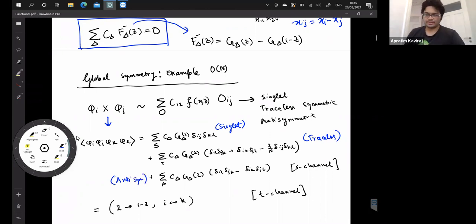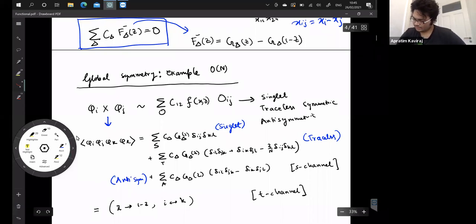So this is how it breaks down the 4-point function of 4 scalars in a global symmetry. This is the S channel expansion. This whole thing was an S channel expansion, and you can similarly have the T channel expansion as well, where